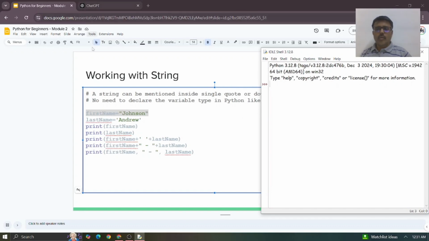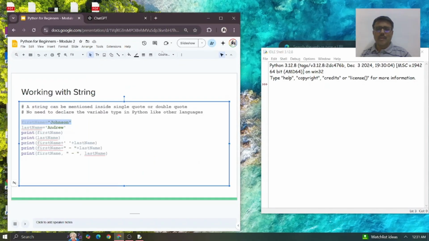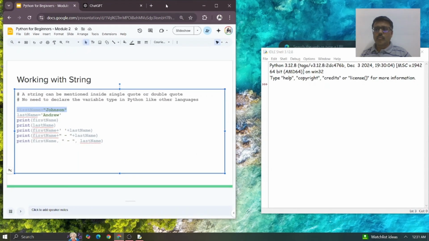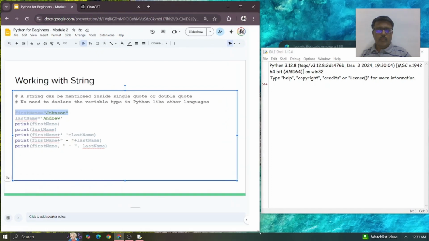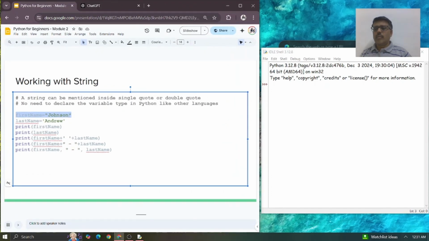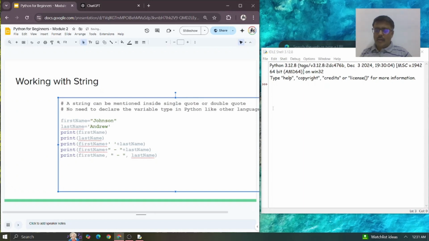Okay, so now let me again minimize the size so that it can have a bigger area. Okay, so now let's copy first name here, and